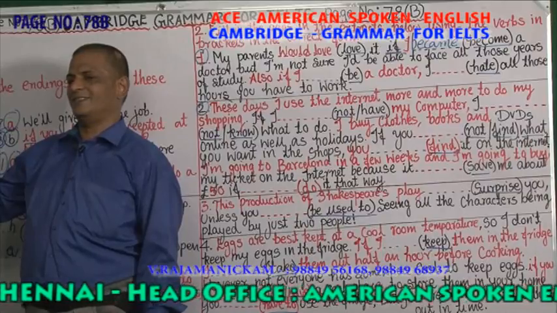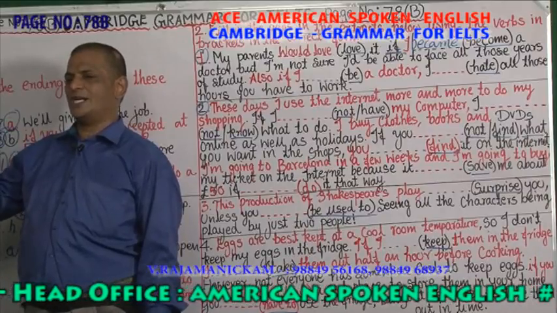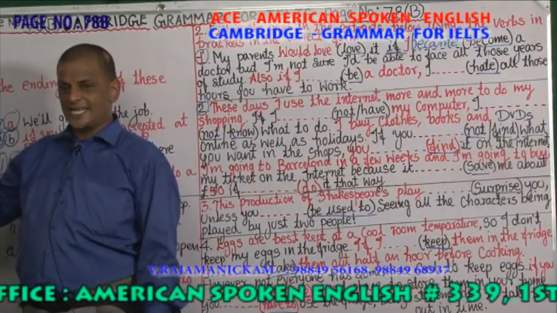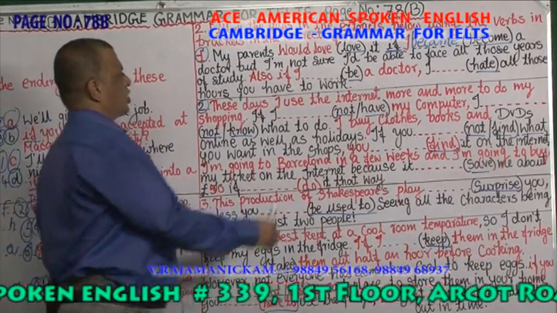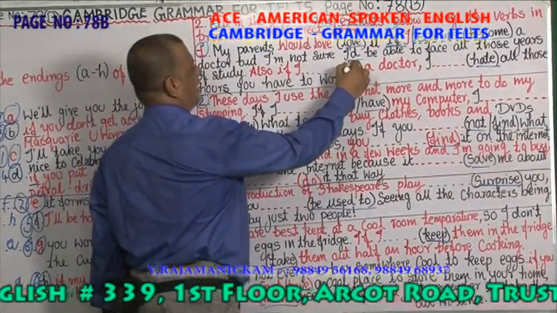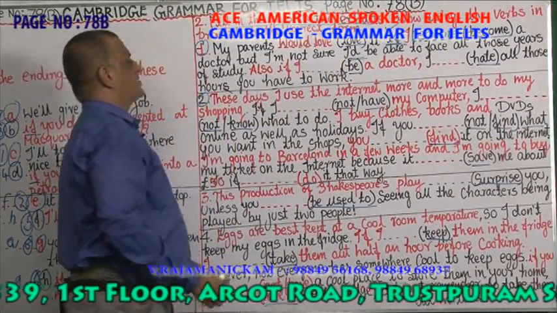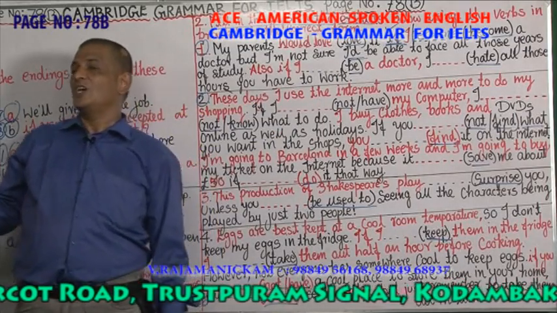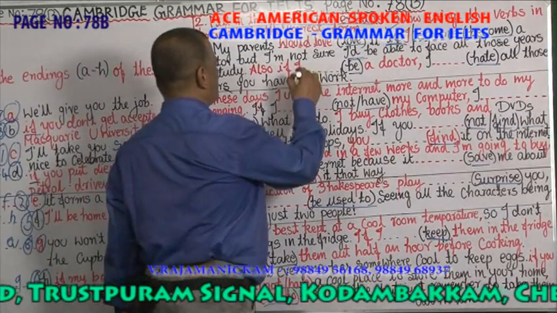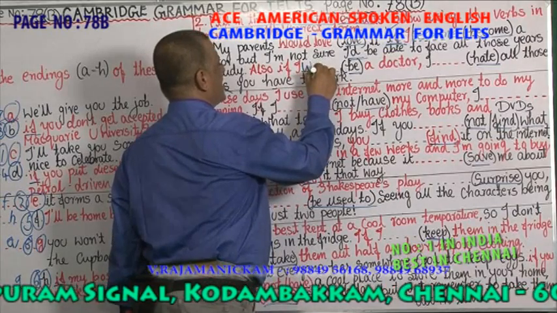Am I right? Zero conditional, first condition, second condition. Second condition: if plus past tense. If I became a doctor, I'm not sure I would be able to face all those years of studies. Also, if I were a doctor, past tense, second condition,